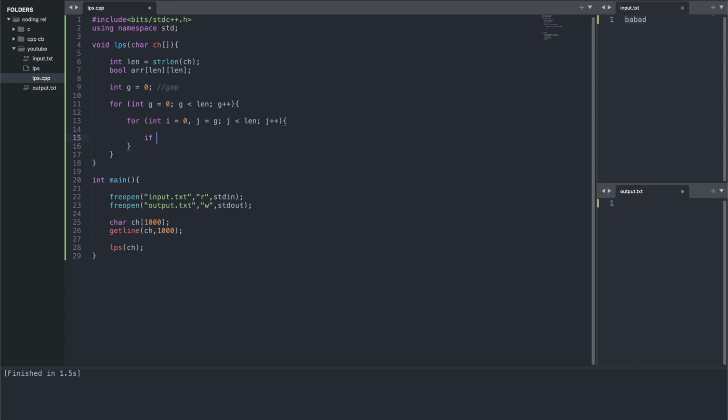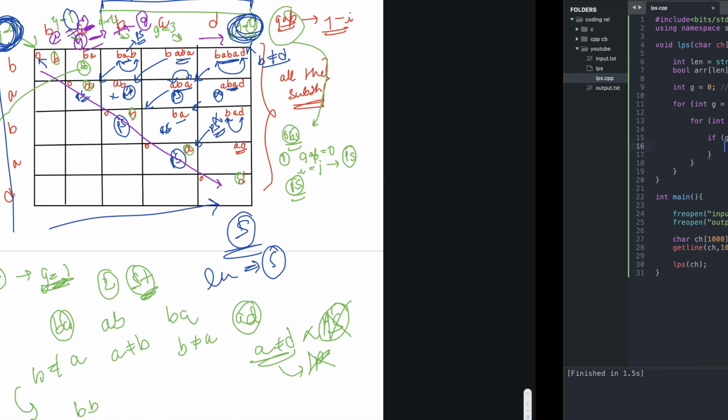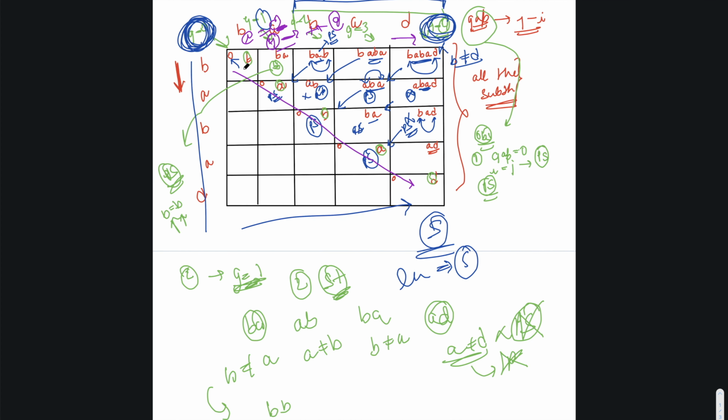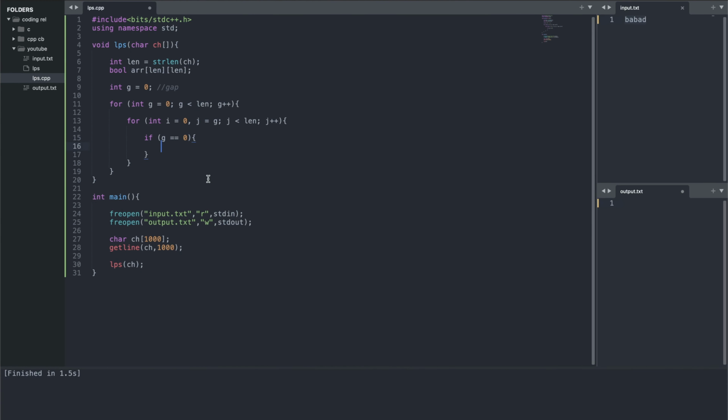Now if g is equal to 0, in this case, we have to output true. Okay, so array of i j is equal to true.